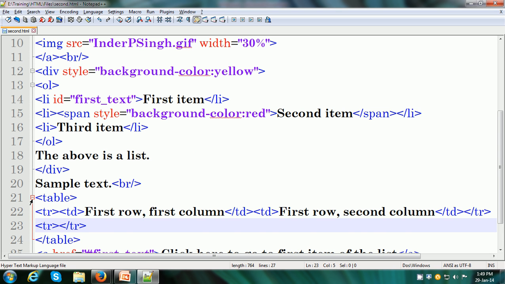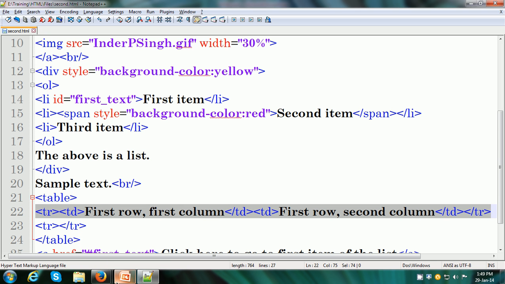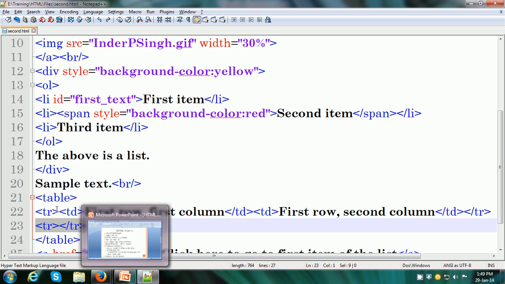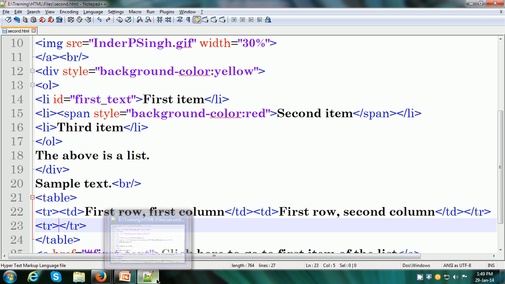So we started with this entire table, and there we implemented a row by using tr opening and closing tag, and we implemented another row using tr opening and closing tag. Now within the tr tag we put a single cell and we put another cell.